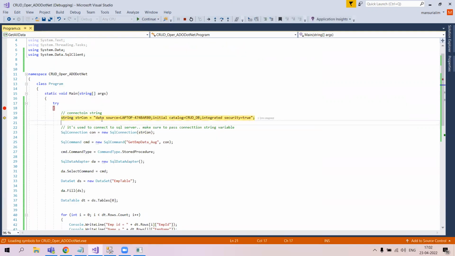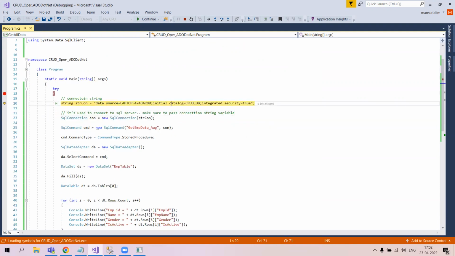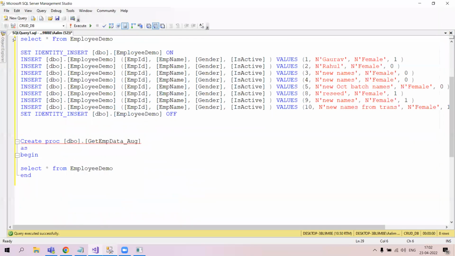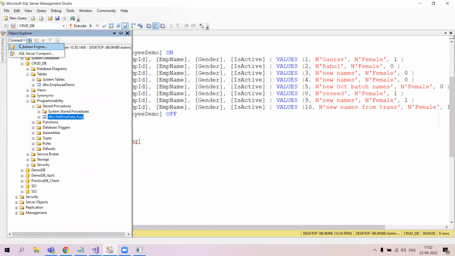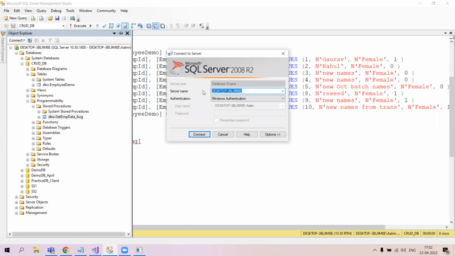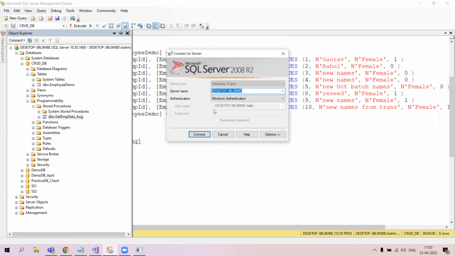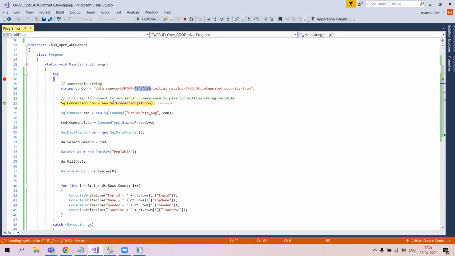Okay, so first part is the connection part. We have already seen what a connection string is and how it works, and what pattern we have to follow, right? Here we have to make sure we put the correct server name. The server name must be the one which is given here, right? If it is not there, you can click on the drop down, go to browse for more, and find it inside the database engine section, under local servers. You have to copy this name, come here and put it here, right? So put the server name here,